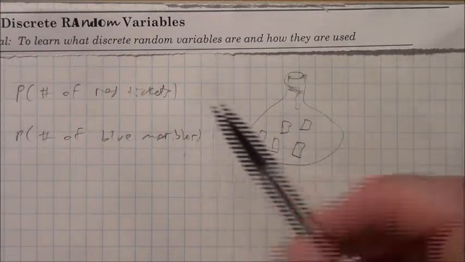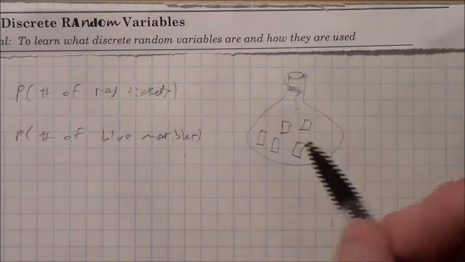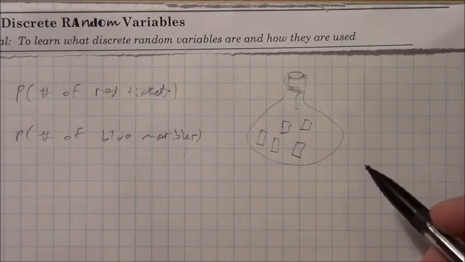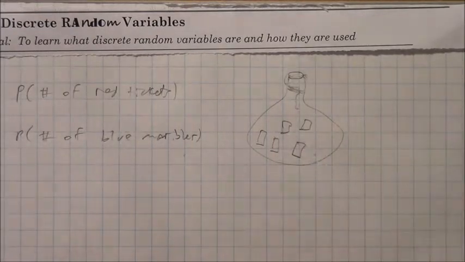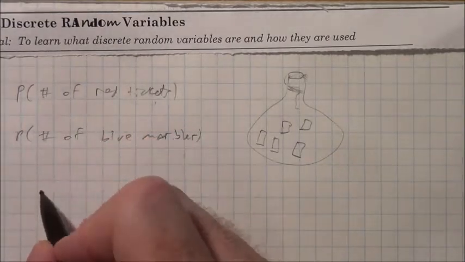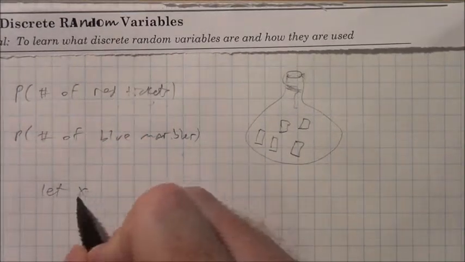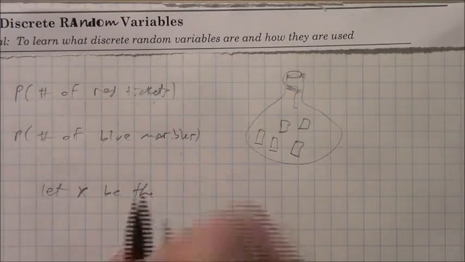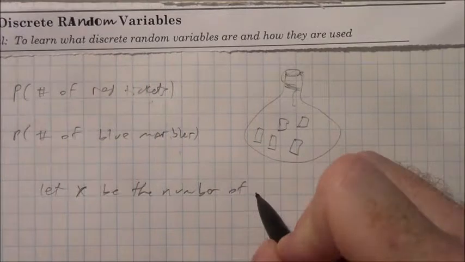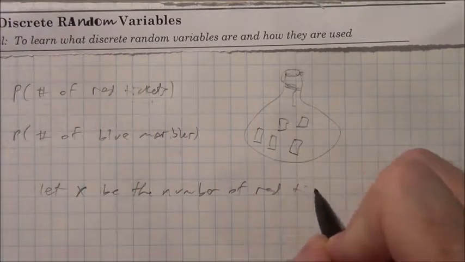And we say, okay, let's find the probability of drawing a red ticket on the second or third draw, or something like that. So instead of writing all this out, we'll just say, let X be the number of red tickets drawn,